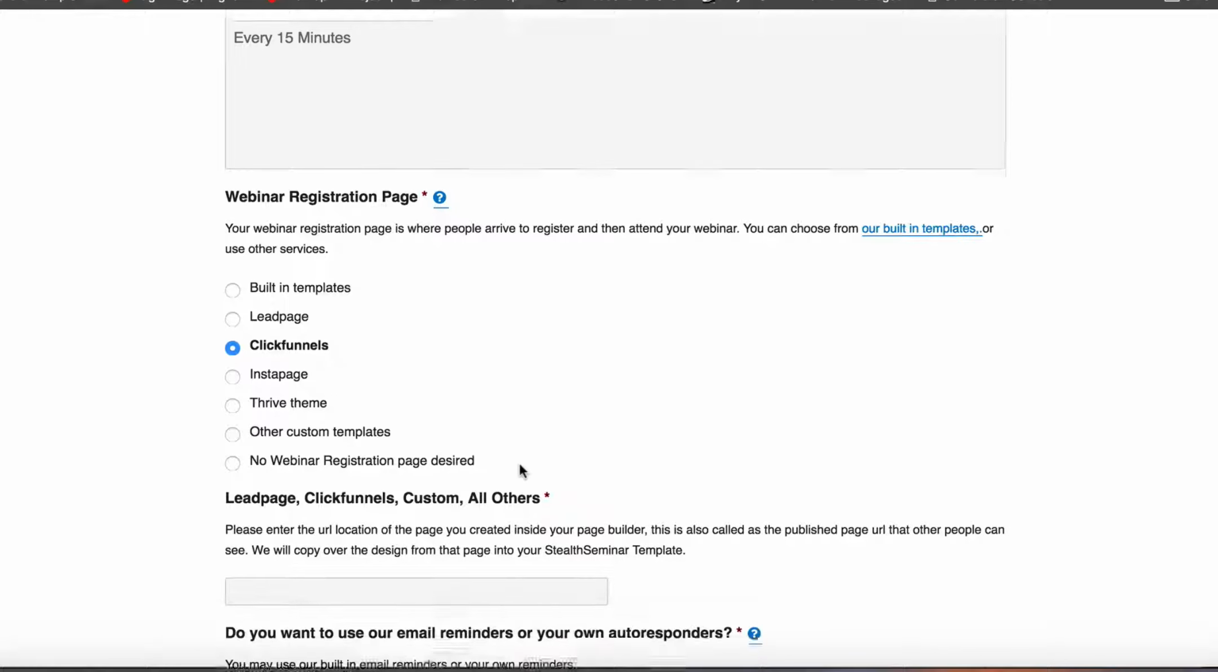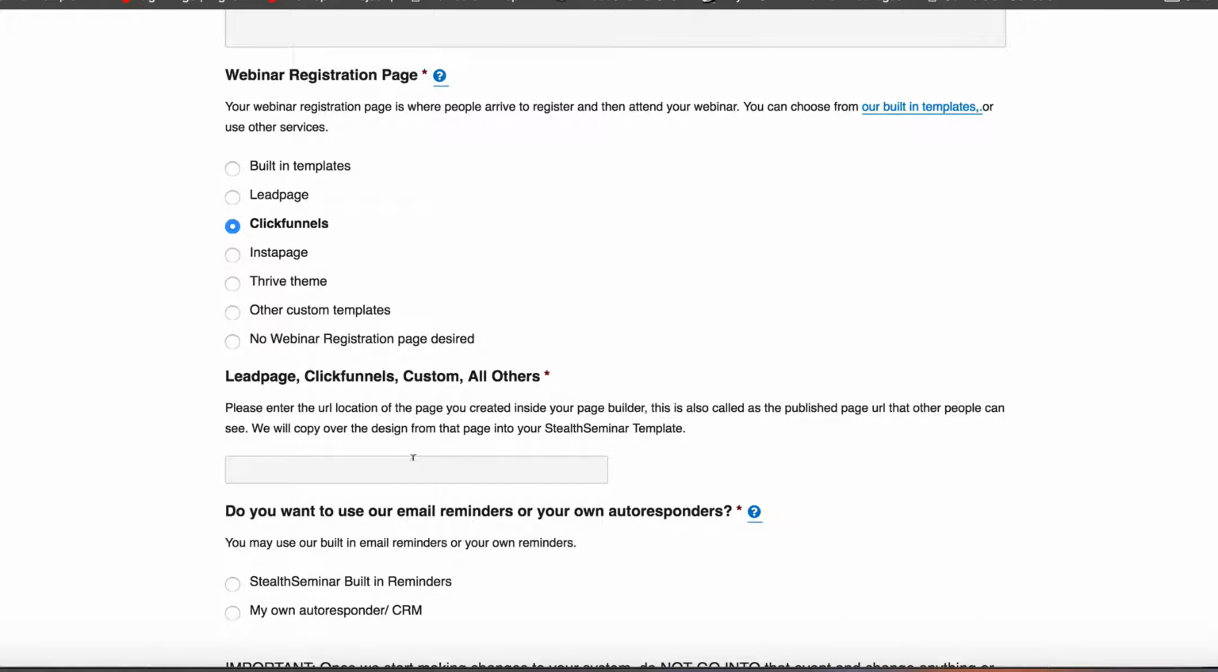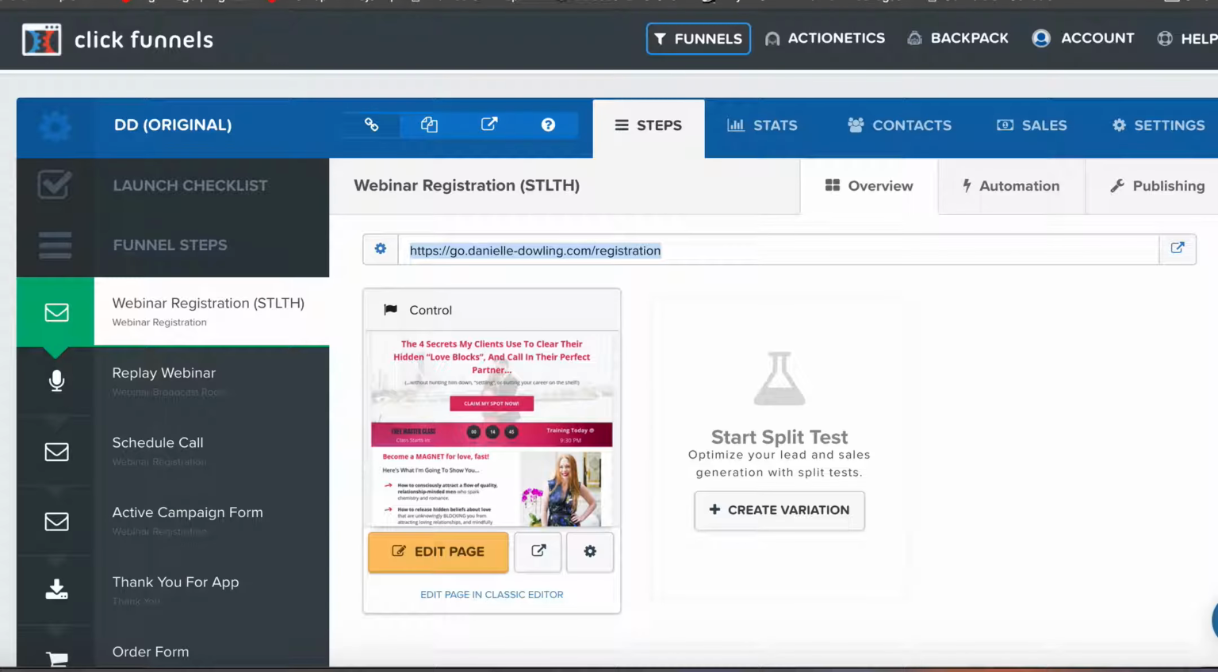So we're going to click on ClickFunnels. Now, if you remember right, we copied that URL a few minutes ago. So what we're going to do says, please enter the URL location of the page you created inside your page builder. This is also called the published page URL that other people can see. And it says we're going to copy over the design from that page into your Stealth Seminar template. So you're never actually going to use the page that you created inside of ClickFunnels, but